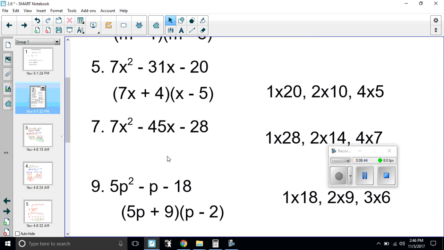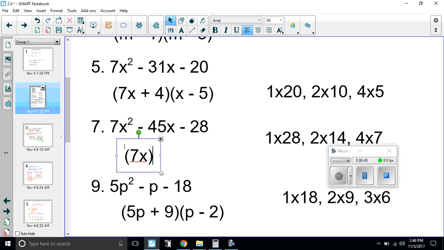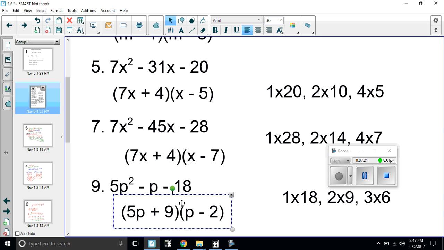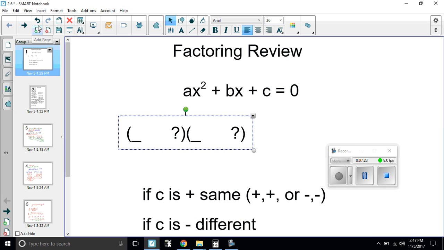So that is essentially the same thing I'm doing here. How can I get 7x squared? Well, I can only do that by 7x times x. My signs, again, C is negative, so again, my signs will alternate. My factors of 28 are 1 and 28, 2 and 14, 4 and 7. And I know that 7 times 7 is 49, or in this case, negative 49, when I check my OI. And negative 49 plus 4 is negative 45, which is what my B term is. So 7x plus 4 times x minus 7